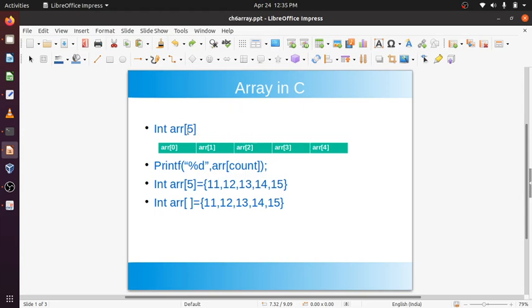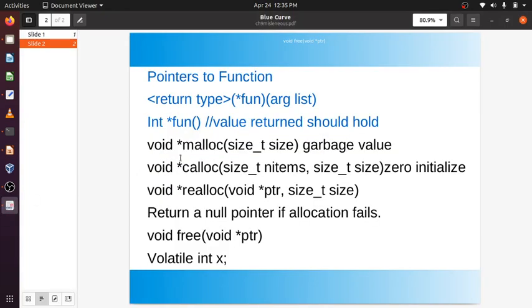During compile time, while writing, you gave this size, but during runtime you don't know. This will be 5, it can be 50, it can be 100. How can you do that? There you have to use dynamic memory allocation, malloc.